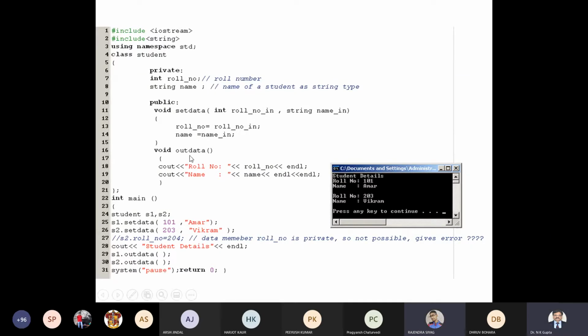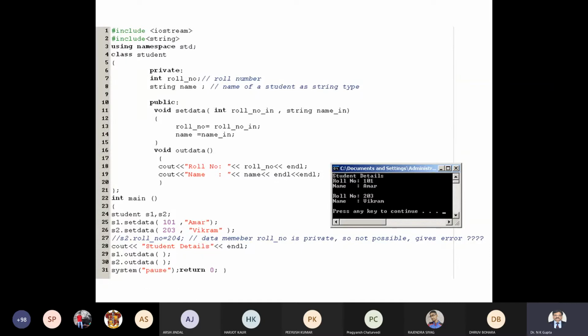Through public member functions. Why? Because set data and out data are members of the same class, so private data members are accessible to members of their own class. Since they are public, I can access them outside this class also.